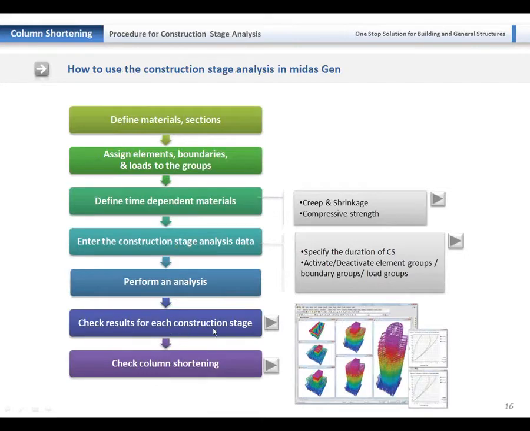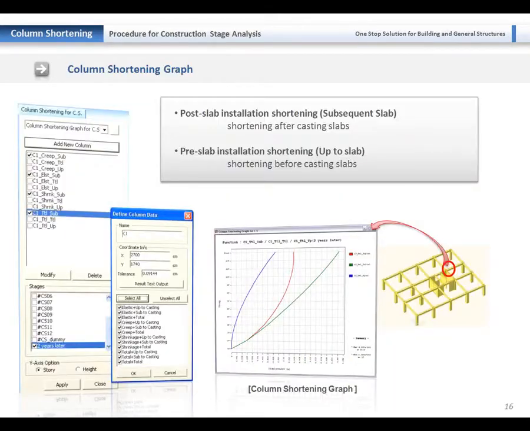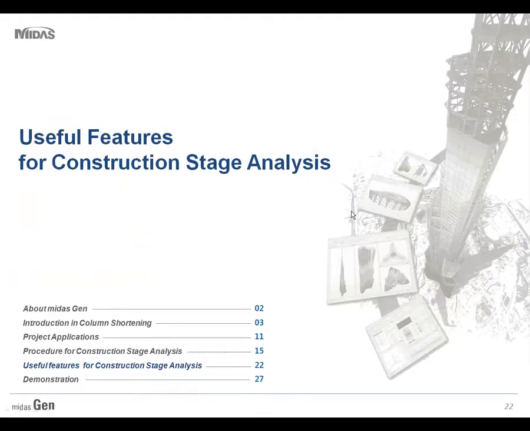After checking these results, and then finally, we check the column shortening results. For the column shortening, by specifying the position of the column, then we can check post-slab installation shortening or pre-slab installation shortening, or the summation between the two. So we will see how to check it during the demonstration. Then